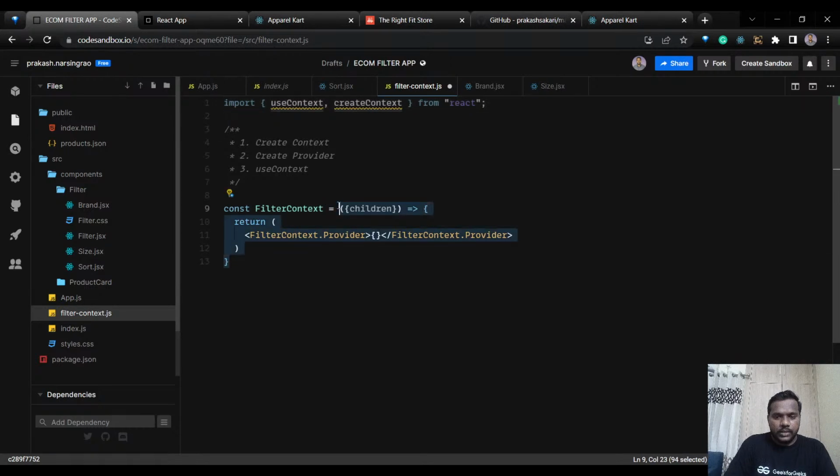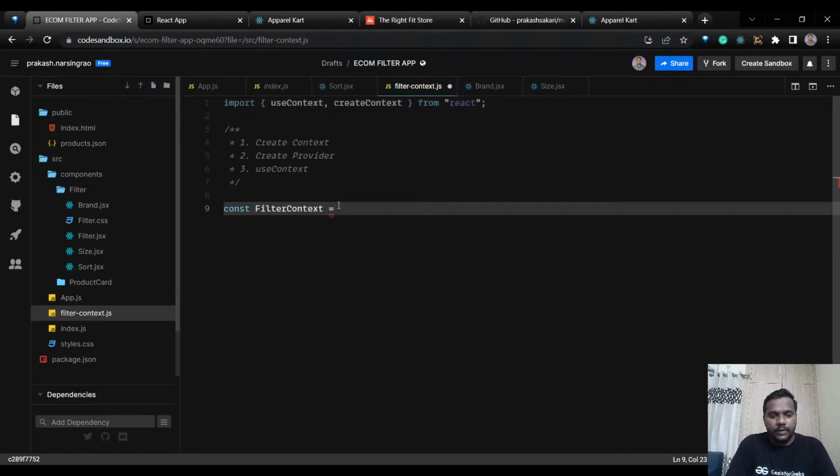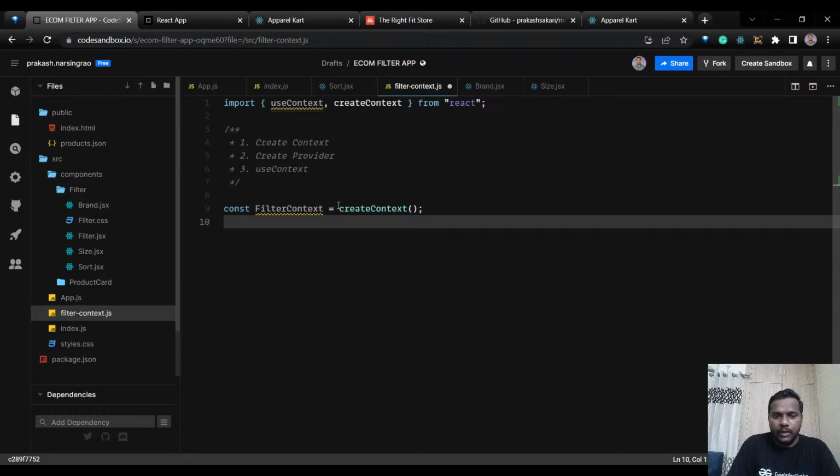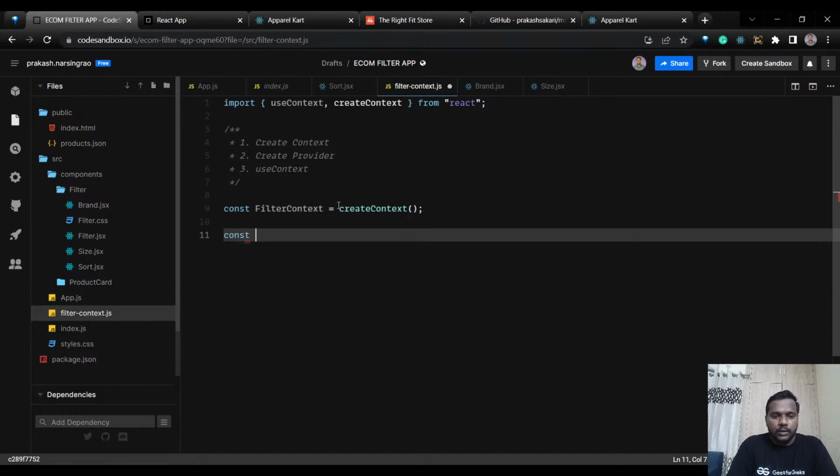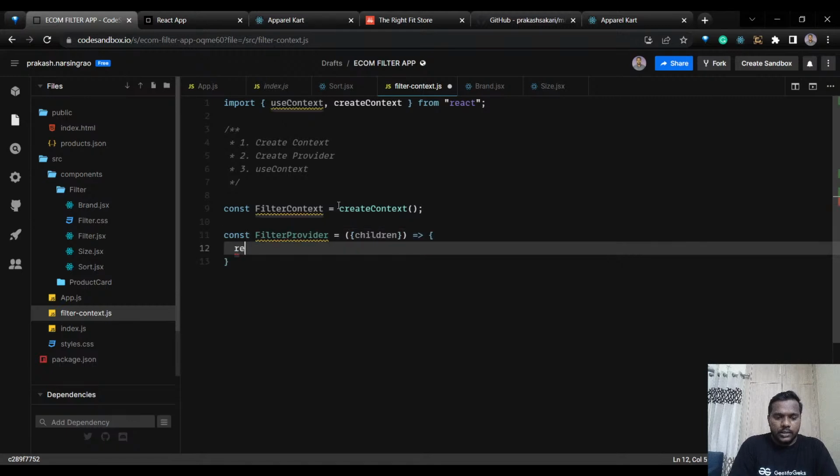So we have to first create a context. I'll write const filterContext is equal to createContext, right? And this would be empty. You can add an initial value also over here. And now we are going to create a provider. The second step, so I'll write filterProvider over here. FilterProvider is equal to, this basically would take a children, right? A children, and then it's just going to return